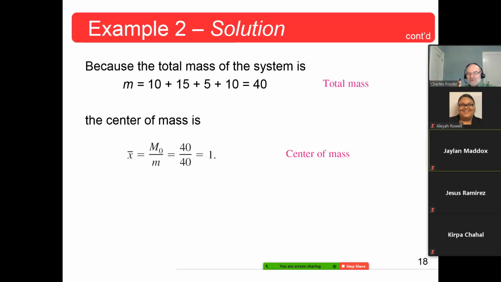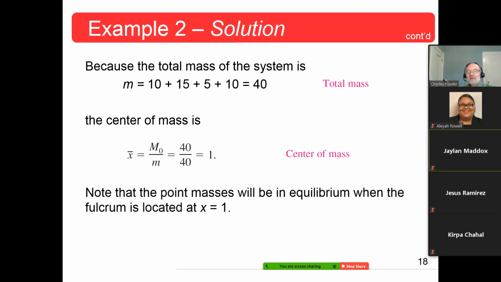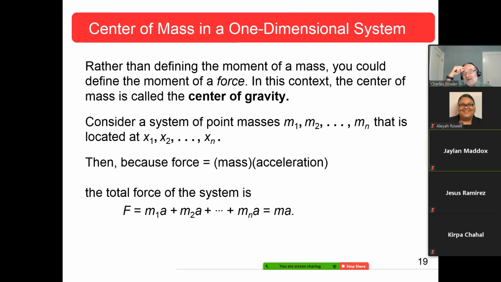Okay, being a physicist by nature and by training, I hate that they leave off the units, because the moment was a mass times the displacement, mass times displacement, mass times displacement, divide by the mass, you get a displacement. So that would be 1 displacement unit to the right. Okay. Note that the point masses would be at equilibrium when the fulcrum was located at x equal 1. We just did that. Now, rather than defining the moment of a mass, you could define the moment of a force. In this context, the center of mass is also called the center of gravity, which is a force type unit. So let's consider the